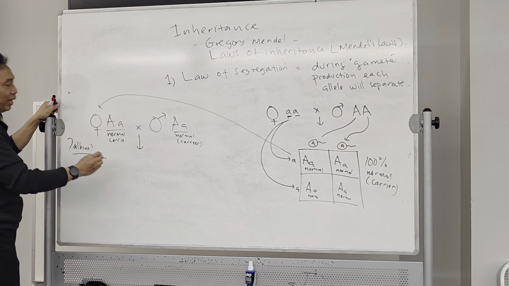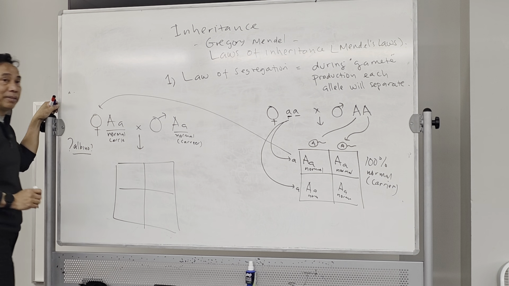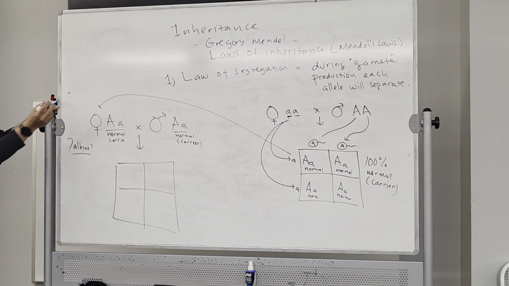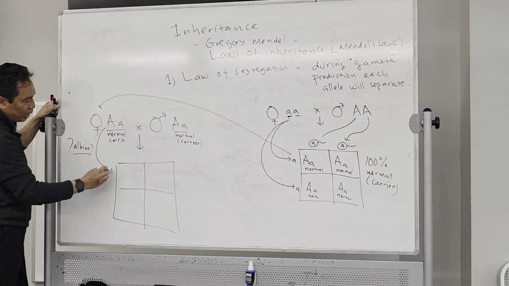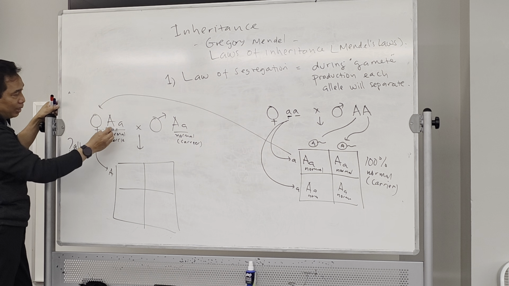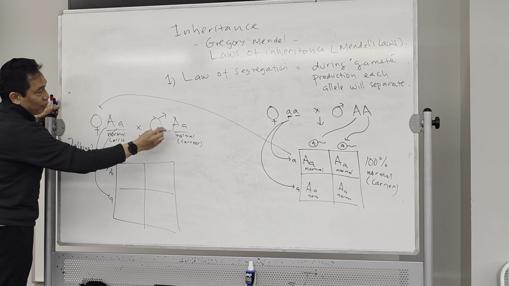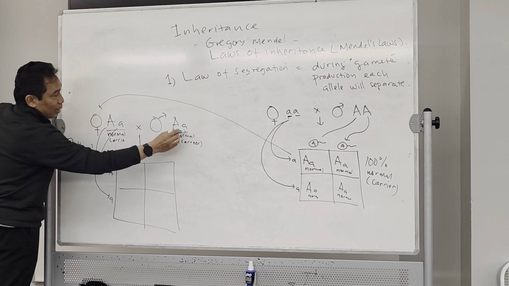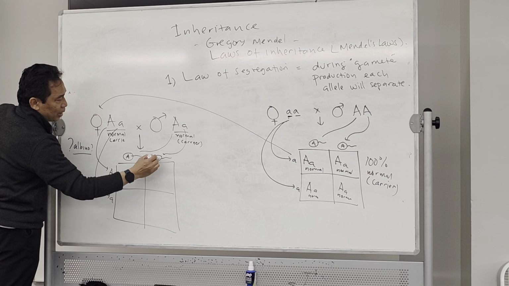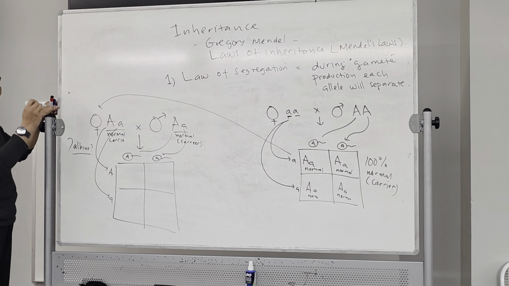Again, in order to answer that question, put the Punnett square, right? And then, again, follow the rule of segregation. So the mother here, one X will carry the capital letter, the other X will carry the recessive allele. The same thing with the father. One sperm will carry the dominant allele, and the other sperm will carry the recessive allele because it segregates. It separates.